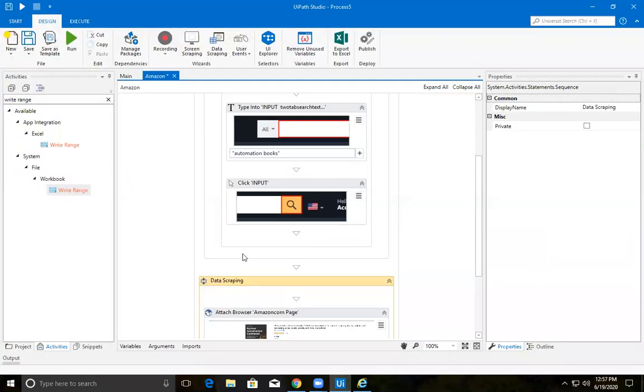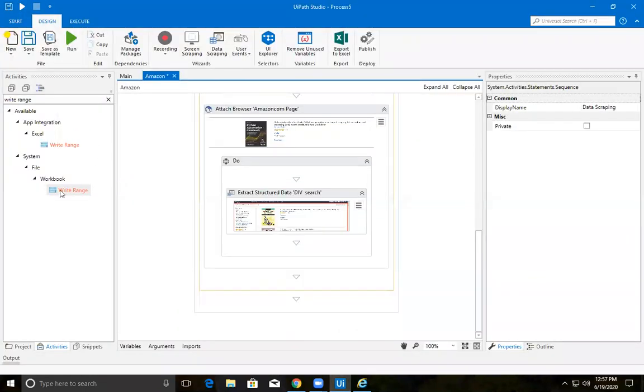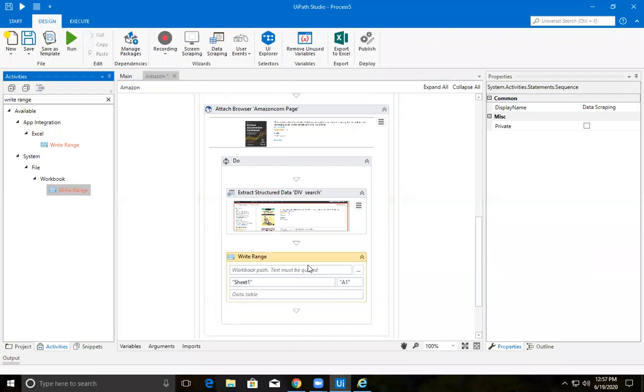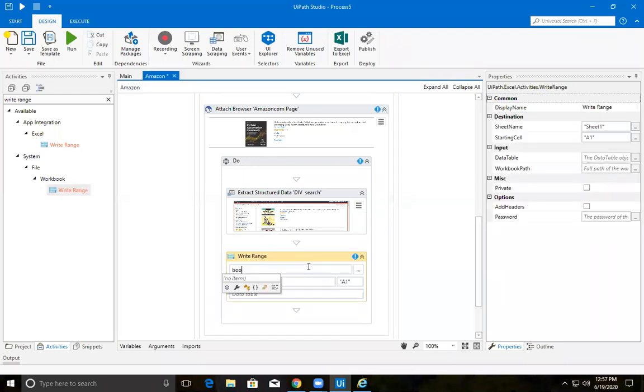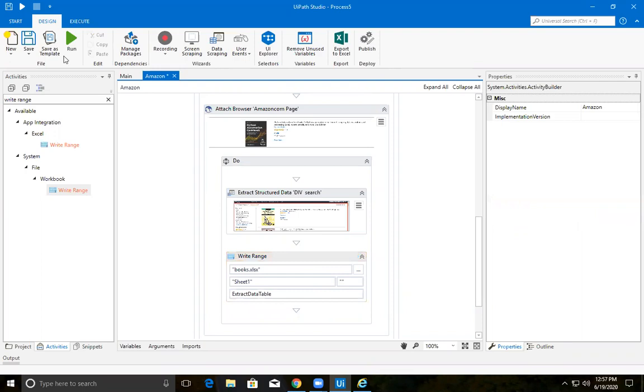Okay. So let's create write range. Books dot xlsx. So it must be in double quotes. So sheet is that, in double quotes. Extract data table. Fine. Let's save it.